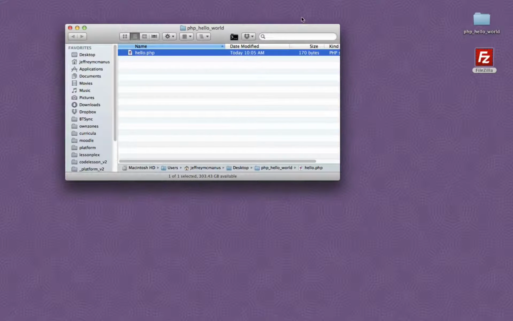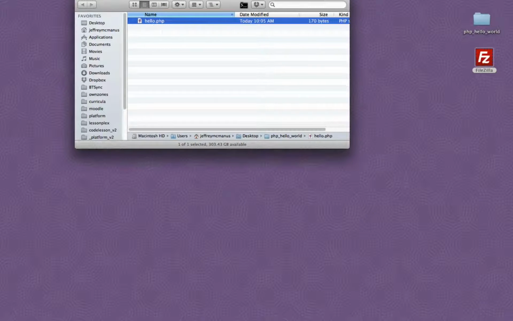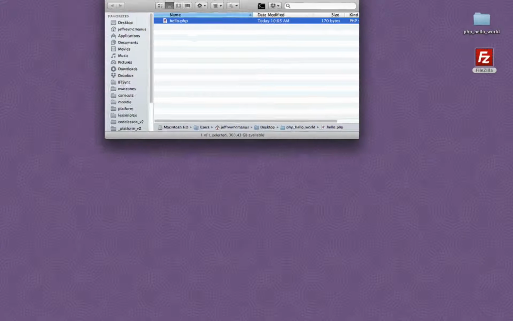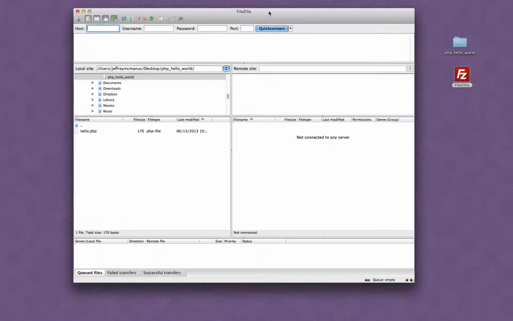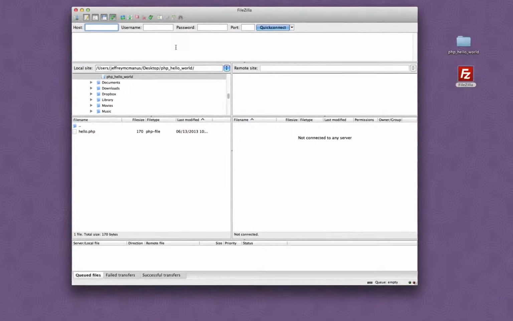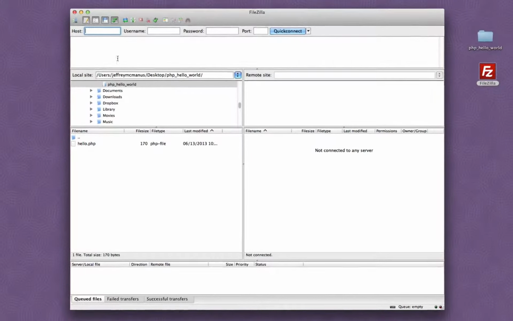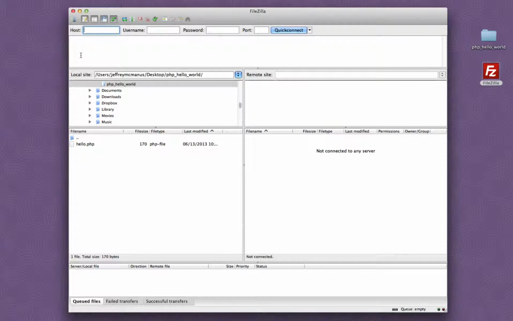Okay, so how we do that, now that we have the code in our folder here, I'll put this folder away and we'll go back to this in a second. We start by launching FileZilla. And you can see that FileZilla has a really convenient quick connect feature that we'll be using initially to get access to the server. The three pieces of information that you need to access our shell account server is host, which is the name of the computer, username, which is your username that was selected by you when you provisioned your shell account,